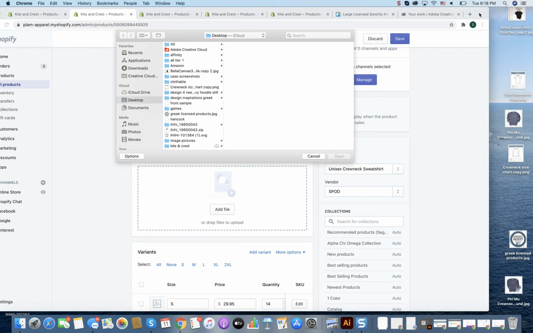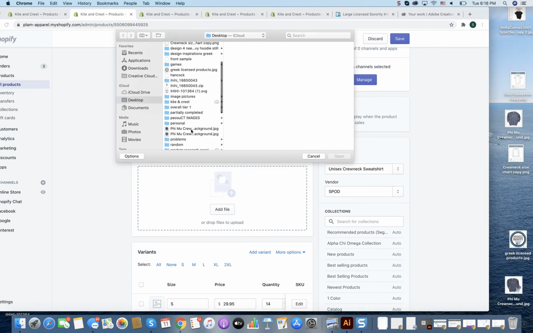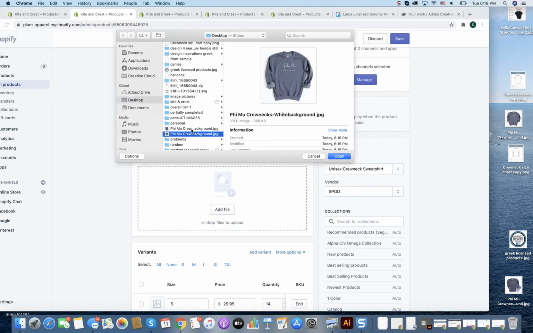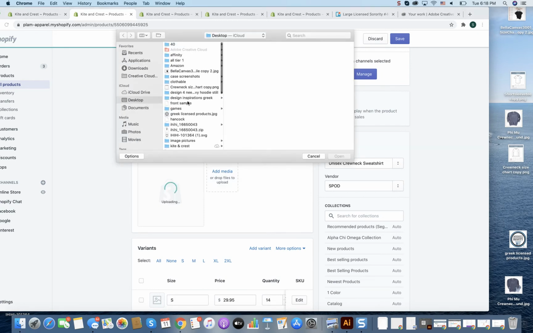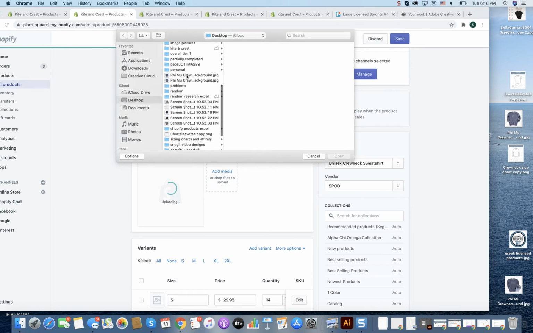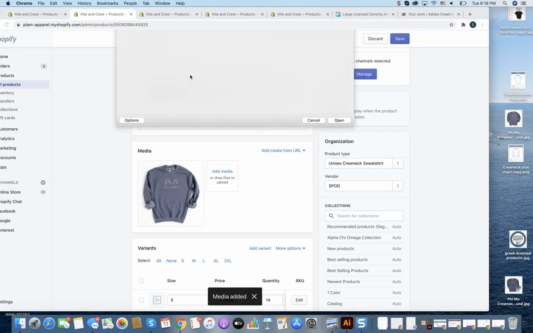and then you would add, and let's see, what's it titled? I think it's titled FIMU. Yeah, so you do the white background, so you have the decorative background and the white background. You do the white background first, then you do add media, and you would do the decorative background, and then